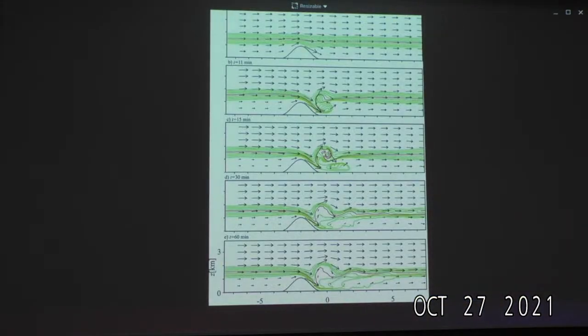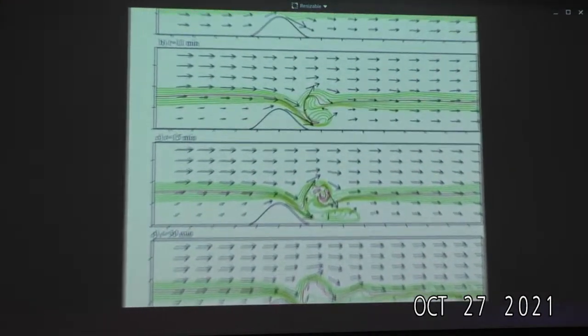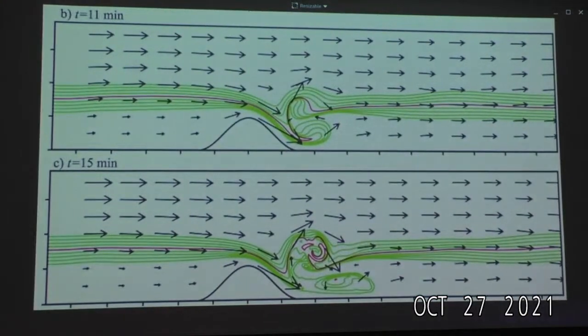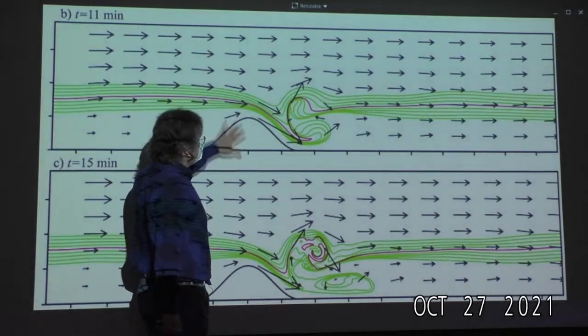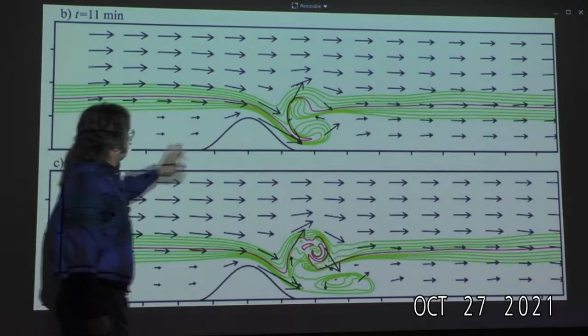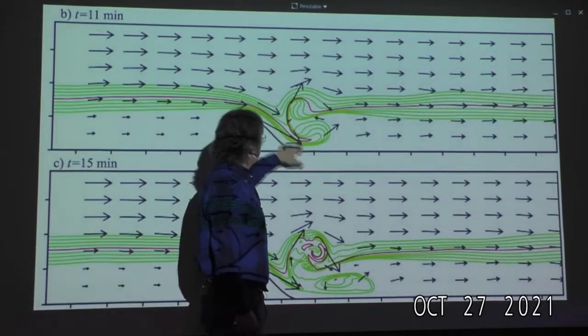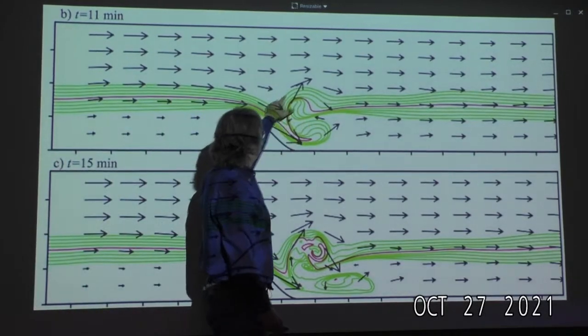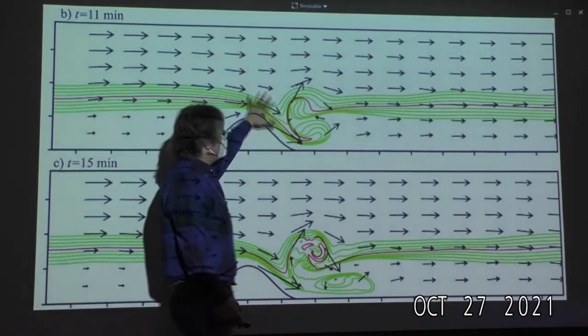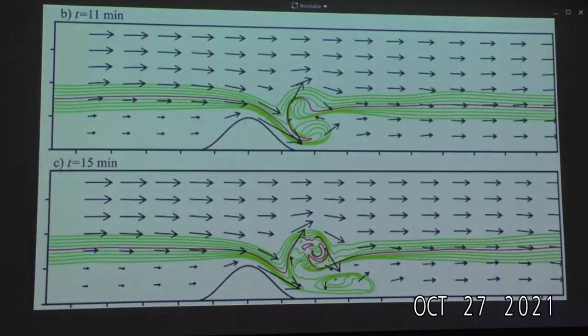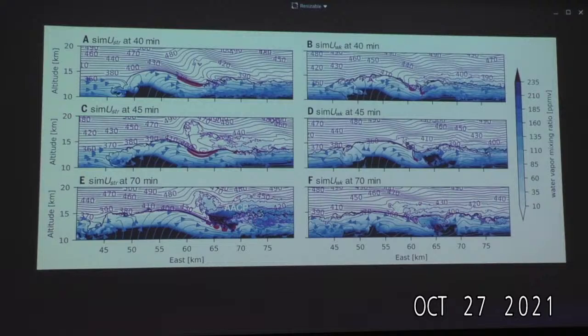This is work from, maybe you remember Rich Ratuno gave a talk here a couple of years ago. He was doing some work with hydraulic jumps over mountains. So this is a highly idealized simulation using the same model I'm using. It's a different setup, but it's not like hydraulic jumps in the atmosphere haven't been studied before, okay? But they always involve a topographical barrier, in this case, an idealized mountain.